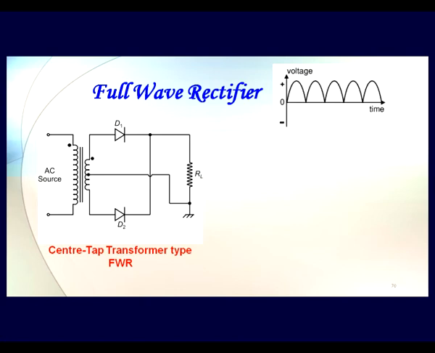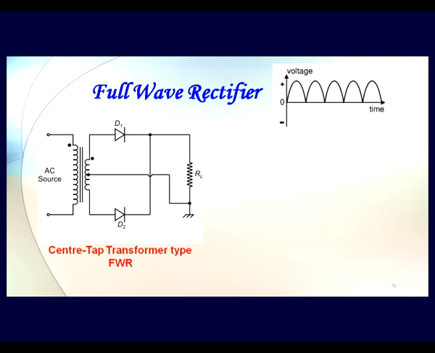One is called the center tap transformer type full wave rectifier, where we are having an AC source which is given to our transformer, step down transformer here, which is center tapped. Center tapped means the winding of this secondary is divided into two parts at exactly in the middle, symmetrically around the center. So this middle point is called the center tap, and is symmetric vis-a-vis both the ends of the secondary coils.